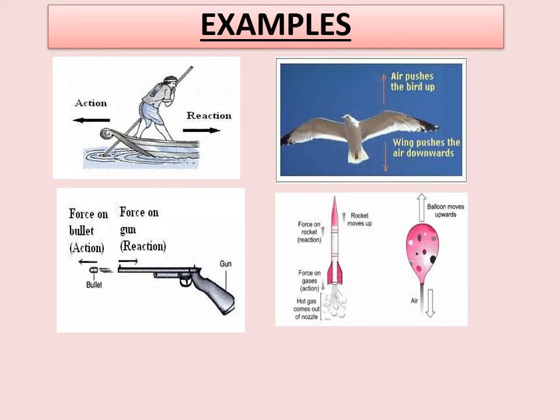I hope in an exhibition, when you shoot balloons, you can experience this. So whenever you go to an exhibition next time, definitely shoot a balloon and identify what is happening there. This concept is called recoil of a gun. I already told you about the rocket. Here one more example is related to a balloon. The balloon moves upwards and the air is coming down. These are examples of Newton's third law.